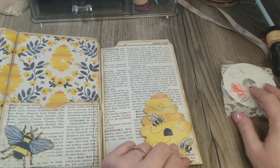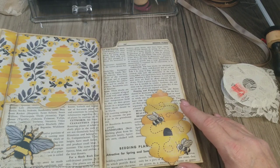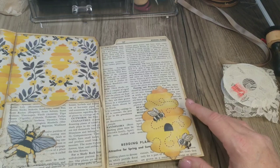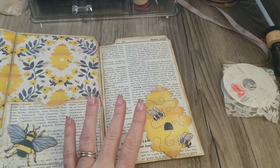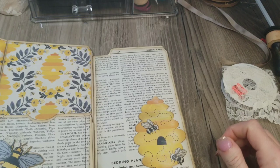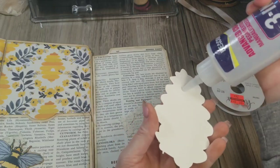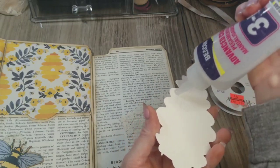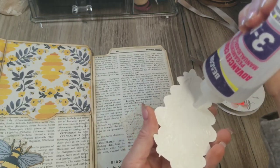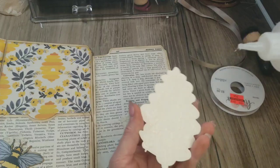Or you could do some pattern paper right here. Could do that, couldn't I? Well, I don't have any strips handy, so we're going to leave it like it is, I think. But I will go ahead and put that little bit of lace back there, because why not? I know I didn't do it on the original one. I'm changing things up slightly, but I'm just giving you some different decorating ideas. I can think about layering. And all right,